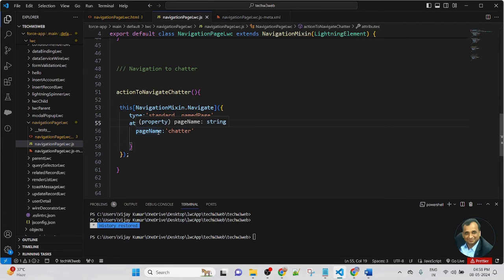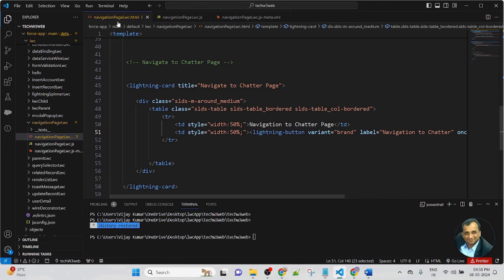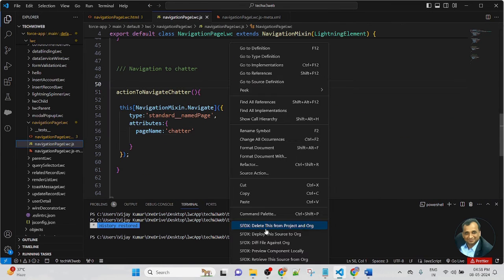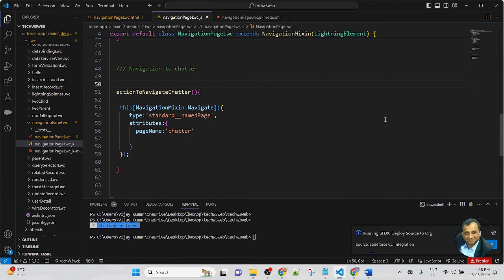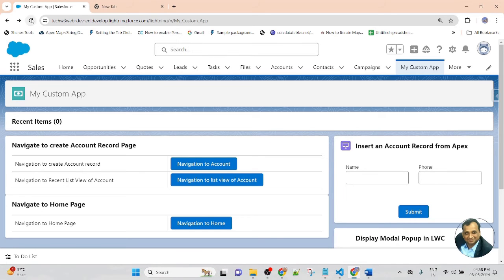Only one change: pageName colon, instead of home I am changing it to Chatter. Then save the file. Now first save both components, HTML and JavaScript. Now I am deploying to Salesforce. The page has been deployed successfully. Now let's go to the browser and refresh the page.